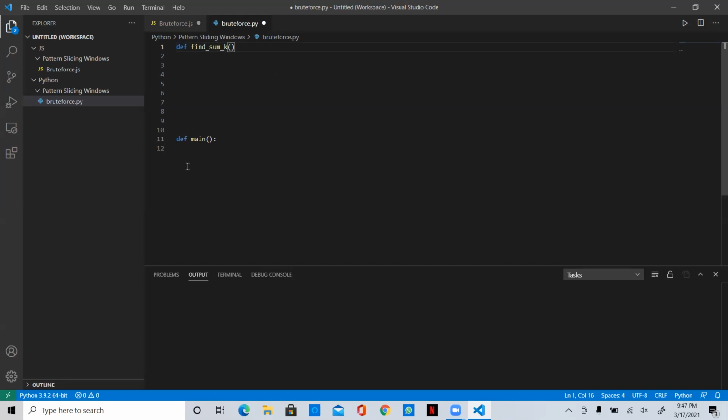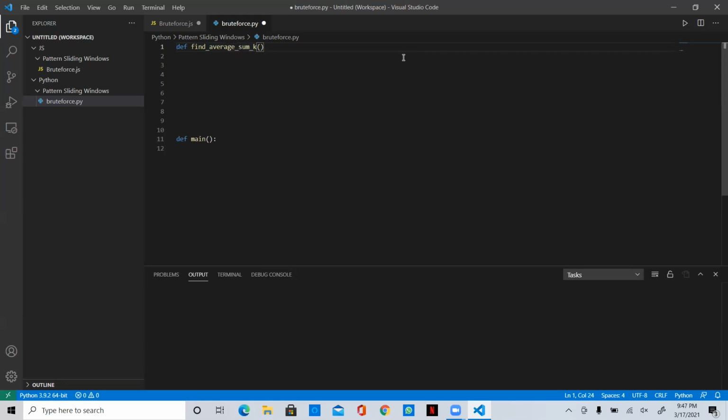Let's add some more complexity. Instead of summing up, why can't we do an average? So we'll find the average, the same thing. Find the average sum of k elements, okay?